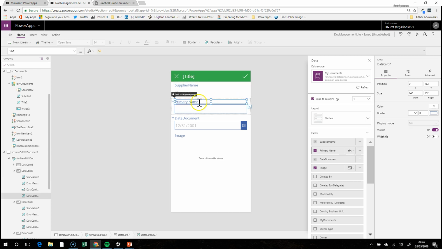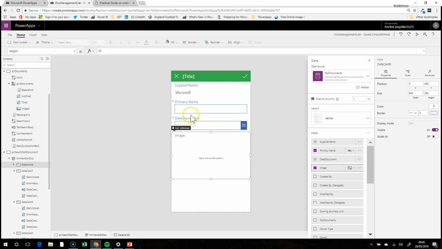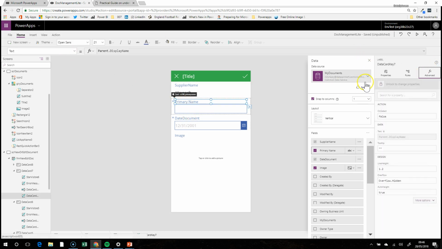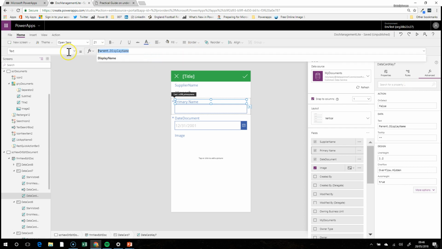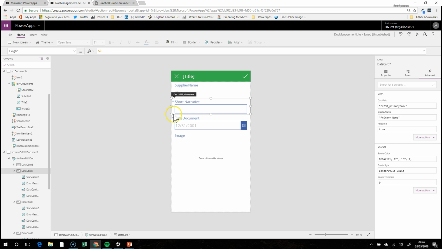Primary name. Okay, well we can change the text here, because we've got a narrative as well. So I'm not sure what to put in here. Let's not worry about that too much. Let's just say it's narrative. Unlock to change properties, and then just do narrative. But I have the funny feeling that we've got short narrative. Now I have the feeling that